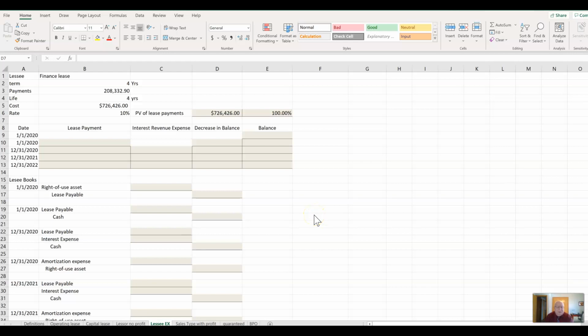I want to welcome you to the continuation of the leases. This time we're going to cover the finance leases, and we're going to start with the lessee, and then if I have time on this one, I'll go to the lessor. Sometimes the lessor is also called a sales type lease with no profit. So it's the same type of thing. So it's going to use the same chart. That's why I thought it'd go on. And on this example,